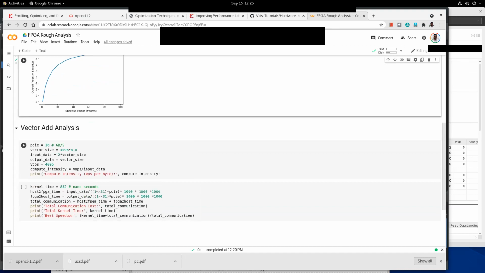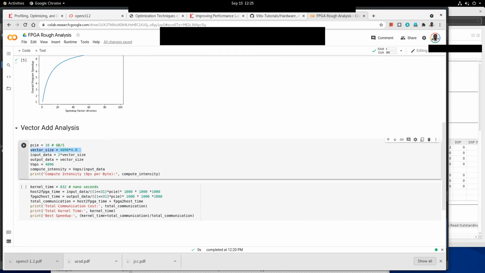We looked at the vector add example last time, and let's try to analyze it. In the vector add example that we worked with, the vector size is set to 4096, and the size of each element is 4 bytes. So the total vector size is 4096 times 4 bytes.